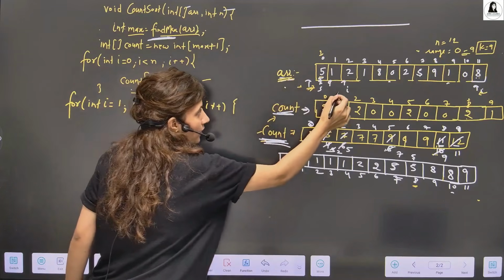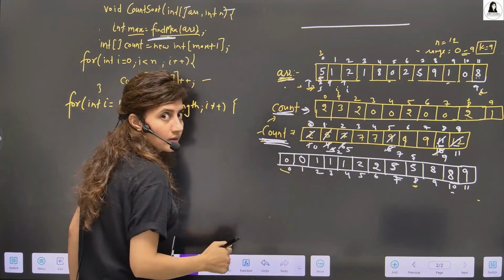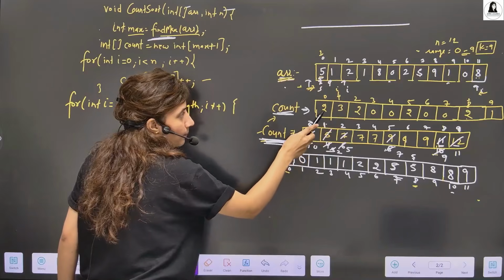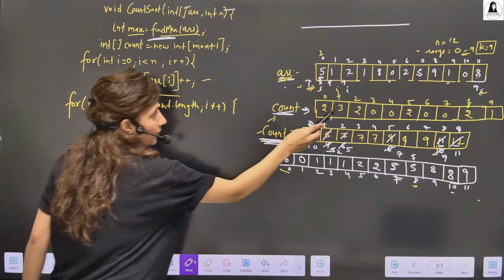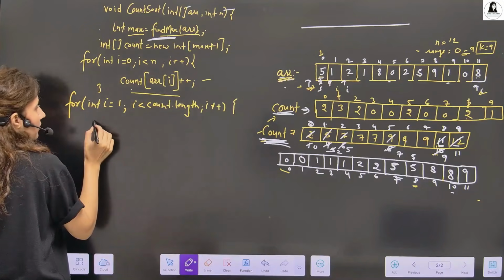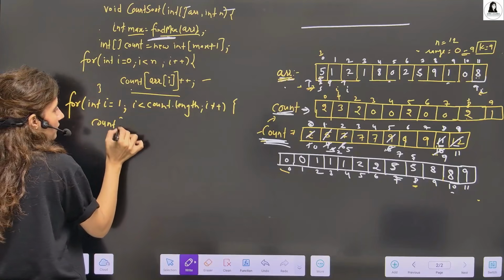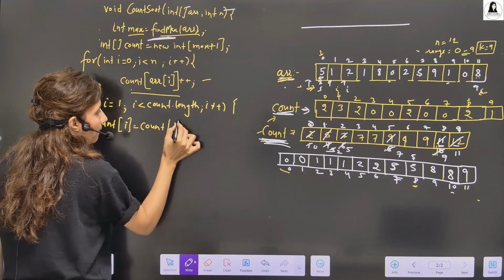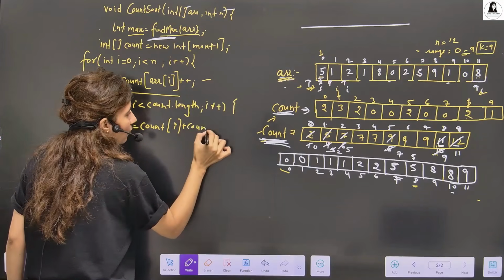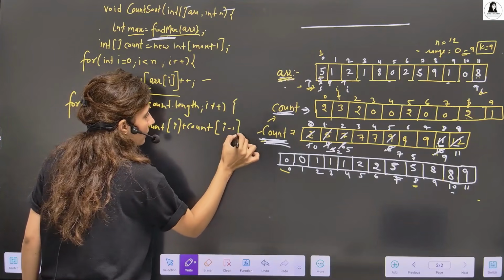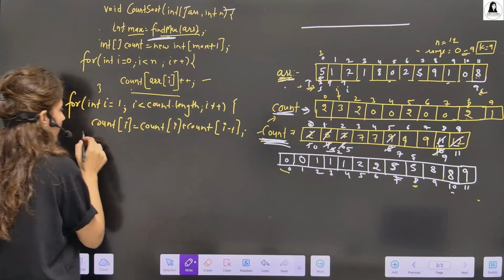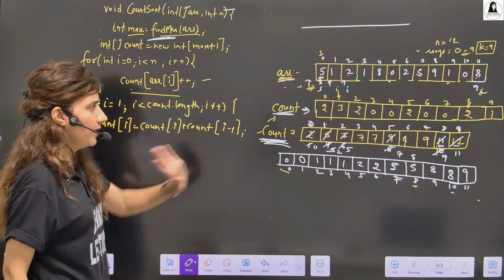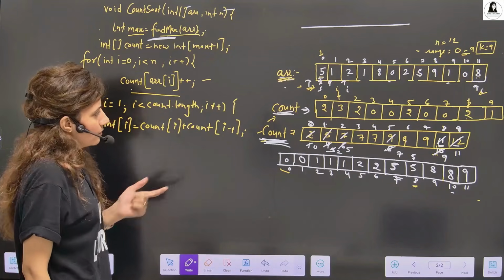Whatever i is right now, because we start traversing from here, we add i minus 1. 2 plus 3, we add and put here like this. So we just update count of i to be count of i plus count of i minus 1. We just add this and update this counter. This is how we update, right?